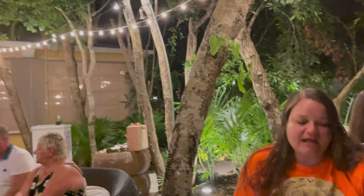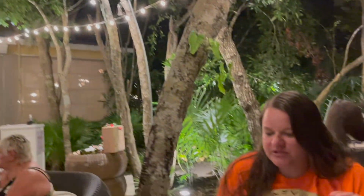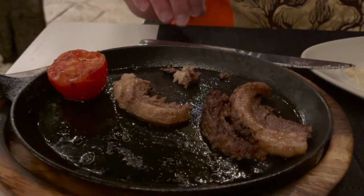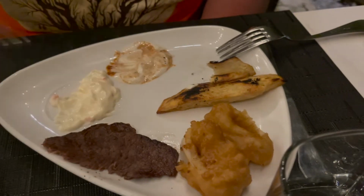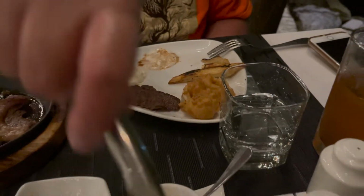So we're back at the terrace again, which is the tapas. The outside atmosphere is really nice. I got the calamari, and then we're just sharing the beef steak, which we haven't gotten before. It's kind of served on a fajita platter. It comes out actually sizzling, but the flavor is really good in the meat. It's really thin, so you don't get a ton, and then it comes with potato and a roasted tomato, and then Bob got the